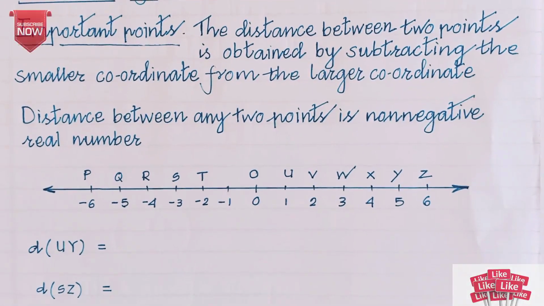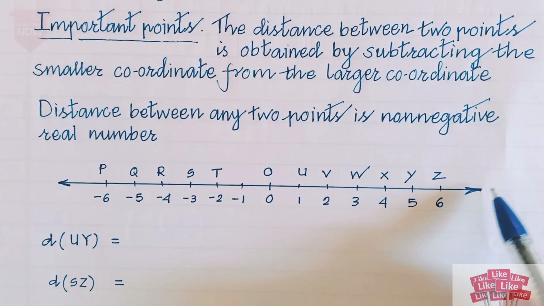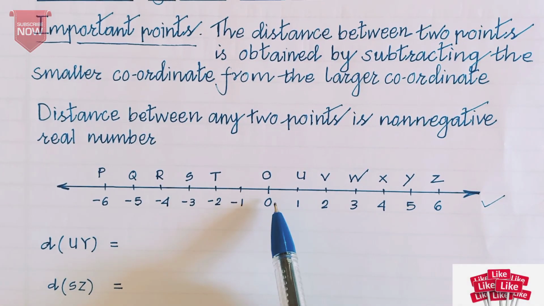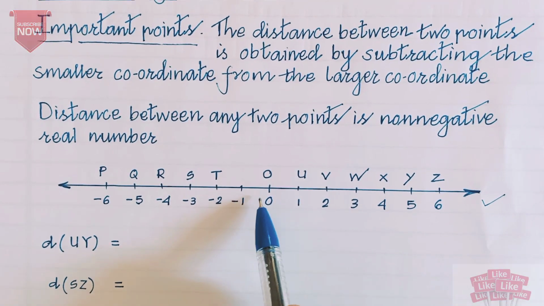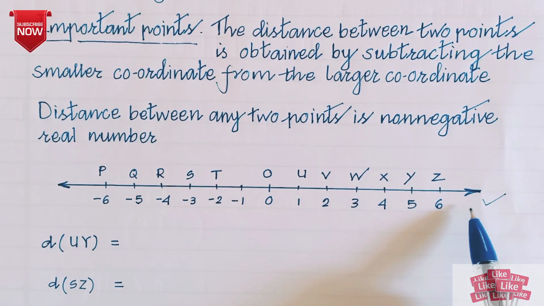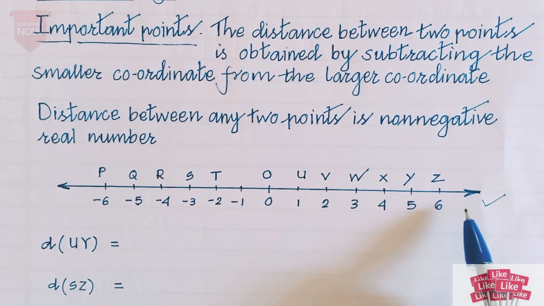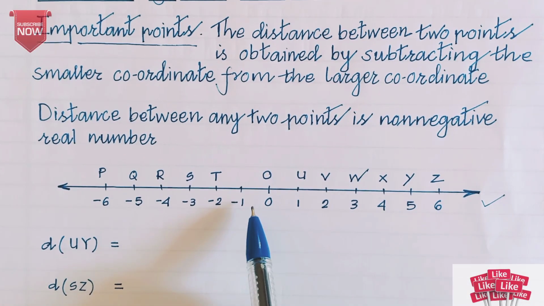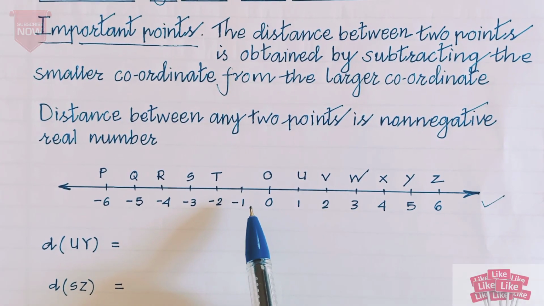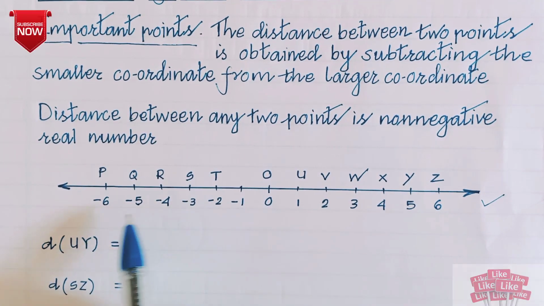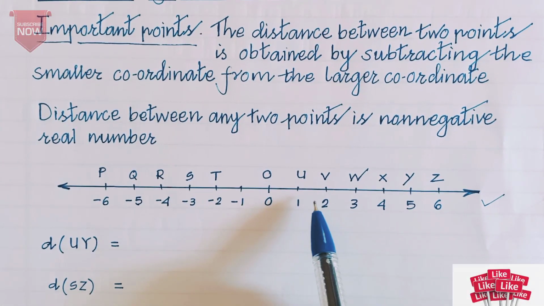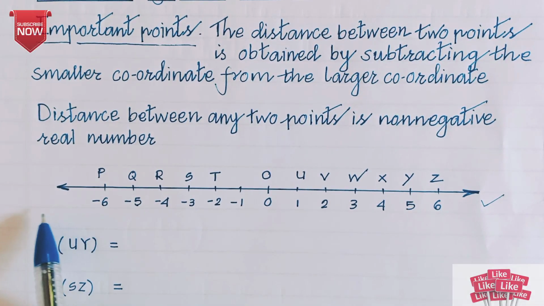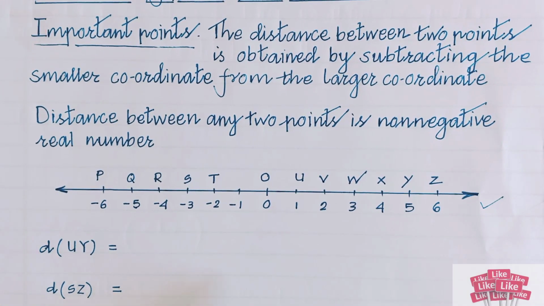See here some of the questions. Here we have a number line. This is called a number line, and you are seeing here on the right hand side all the positive numbers are there, and these numbers are increasing towards the right hand side. And what about the left hand side? All the minus numbers are there. Here all the positive numbers are increasing, and here these numbers are decreasing.